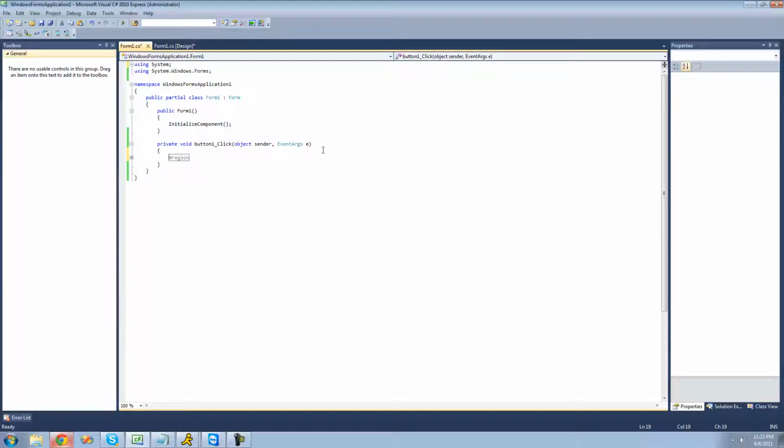So if you had, like, 30 constructors or something, and you didn't want to look at all those, then you could just put them inside of a region. And you can also name your region. So if you wanted to name your region your name or something, now when you minimize it, you'll see that it says that inside a little gray box